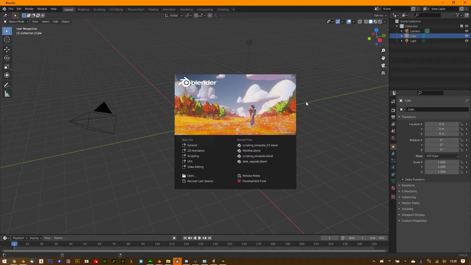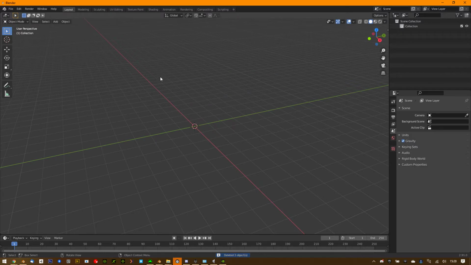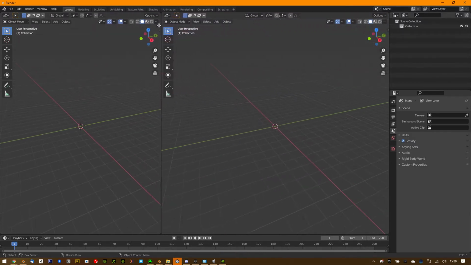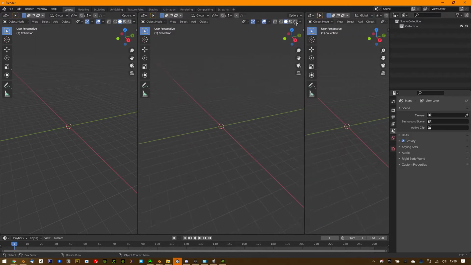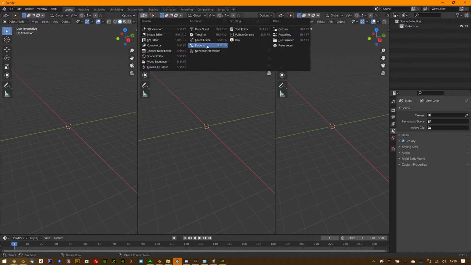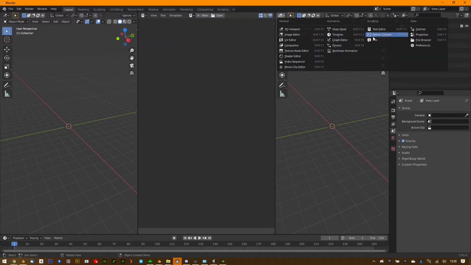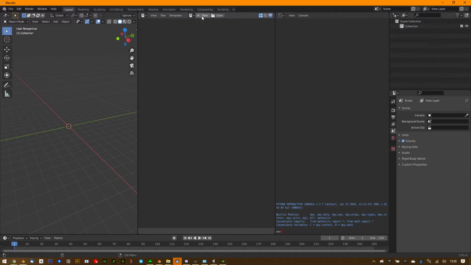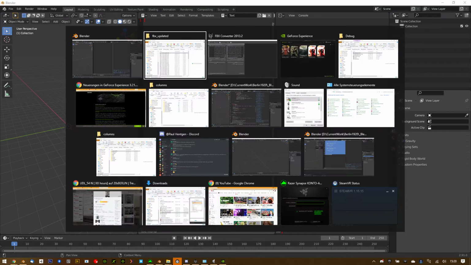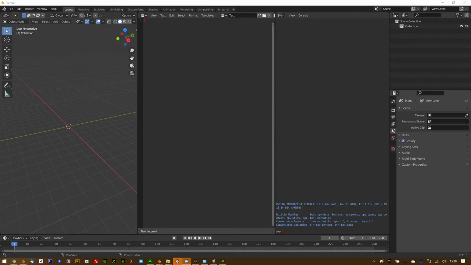For this workflow to work, you will require Blender 2.91 at least. I have not tested newer versions. First, we're going to split our view into 3 different ones, and we're going to open up a text editor and the Python console. Now we're going to create a new text document, and in said document, we are going to paste